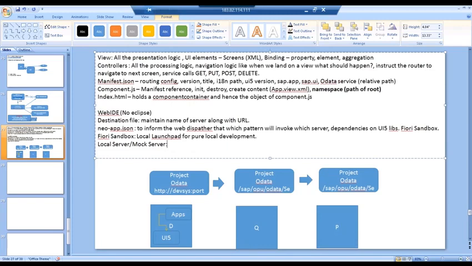And this mock server, run your application with mock server. So mock server gives a simulation to gateway as if it's a gateway, and provides you runtime support for HTTP methods,